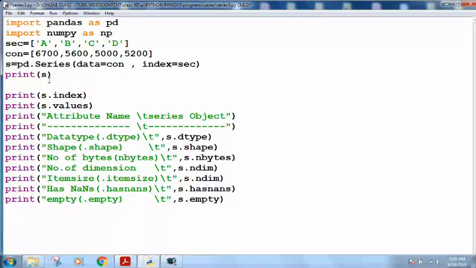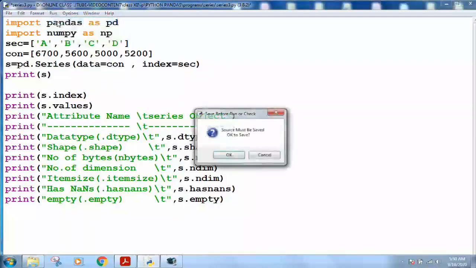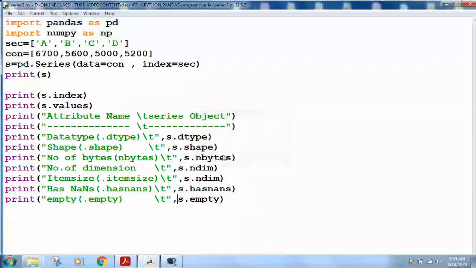If you want to get the shape of this, you will get the shape. If you want to get the number of bytes occupied by this series, you will get nbytes, and the number of dimensions of the series. If the series has NaN values, then it will return true. If the series is empty, since the series is not empty, it will return false.